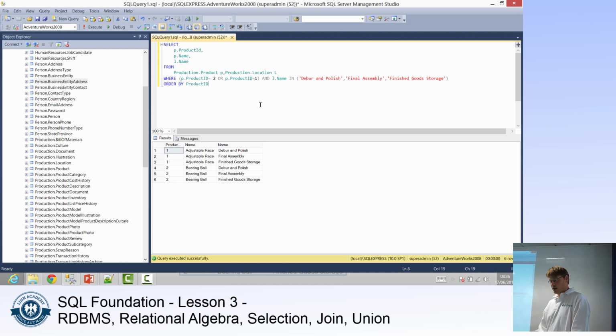So comma delimited, and the order in which we position them in that from clause is the order in which we're going to be joining the tables. Again, quite important from a performance point of view. It's quite important to know in which order you have to put the tables in, because that's the preferential order for the execution to actually happen on those tables. So, for example, if I reverse this order, if I take product location and stick it first,